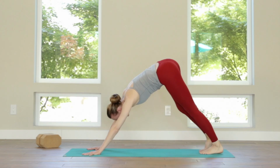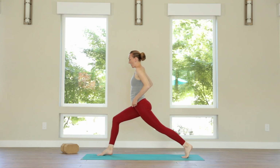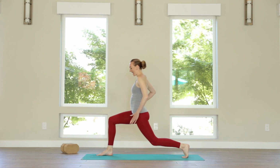Step or carry the right foot forward. You can always use your hand to help it get up there. And take the hands to the hips for our high lunge. So feel your hips square to the front of the mat. And then we're just going to bend the back knee, the back left knee,